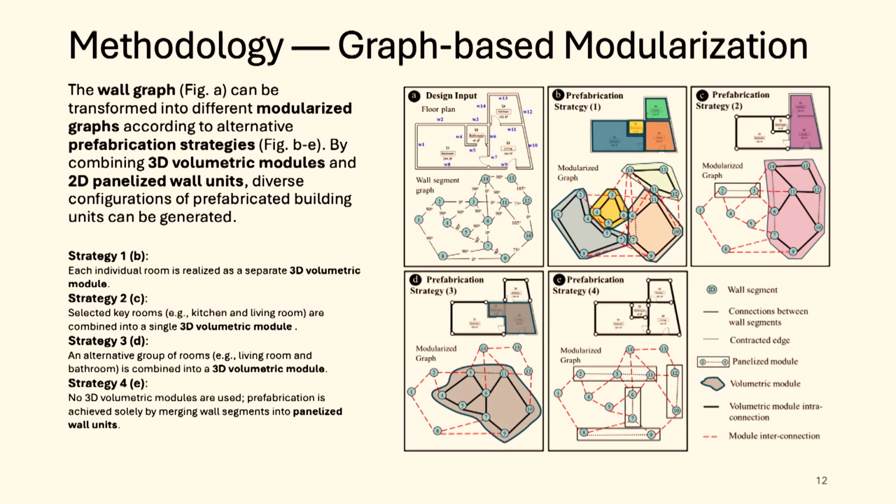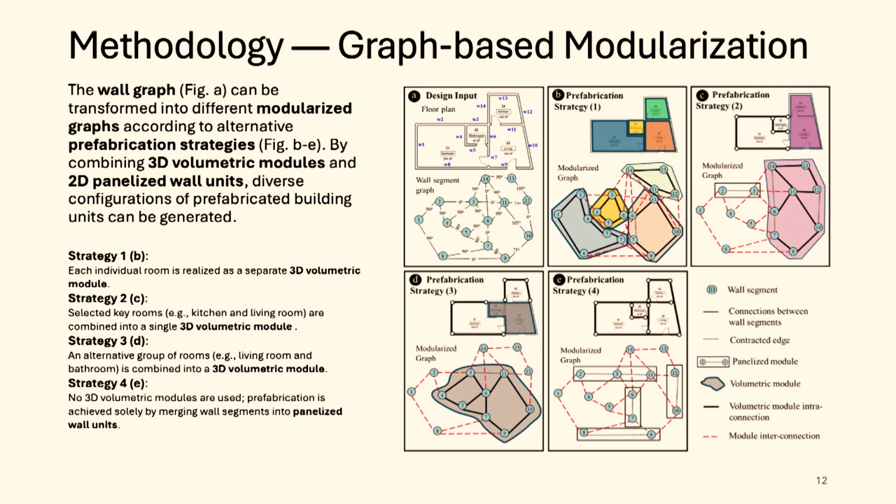If you look at the figure, here I will show you how different modularization strategies can be represented using graph modeling. Figure A is the wall graph. Each node represents a wall instance, representing the simple floor plan above. Starting from figures B, C and D, you will see I cluster sets of nodes together using different colors. Each cluster represents a module. For figure B, we represent the 4 room units as 4 individual modules.